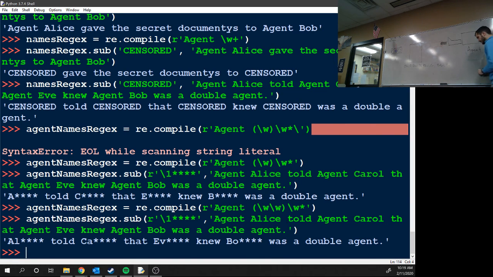Oh, hang on. Screwed up the regex and the text and the substitution. And then \. Okay, so